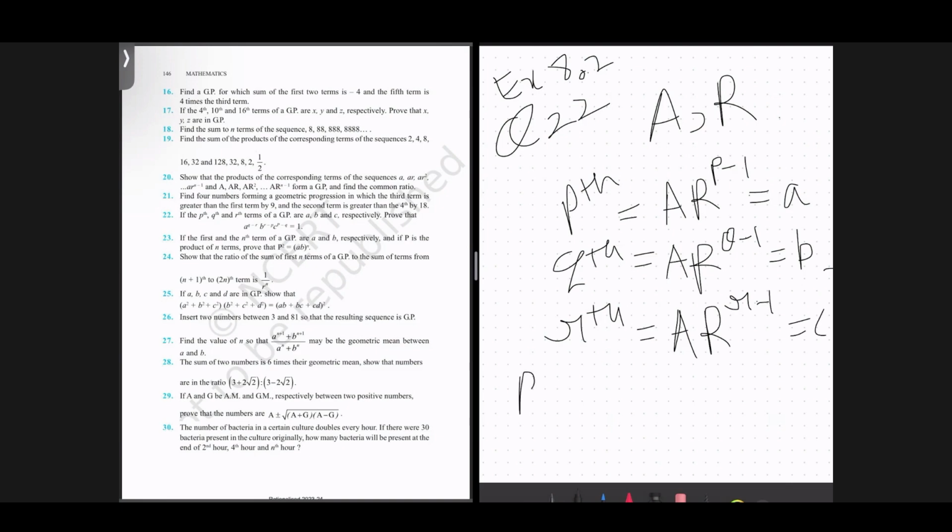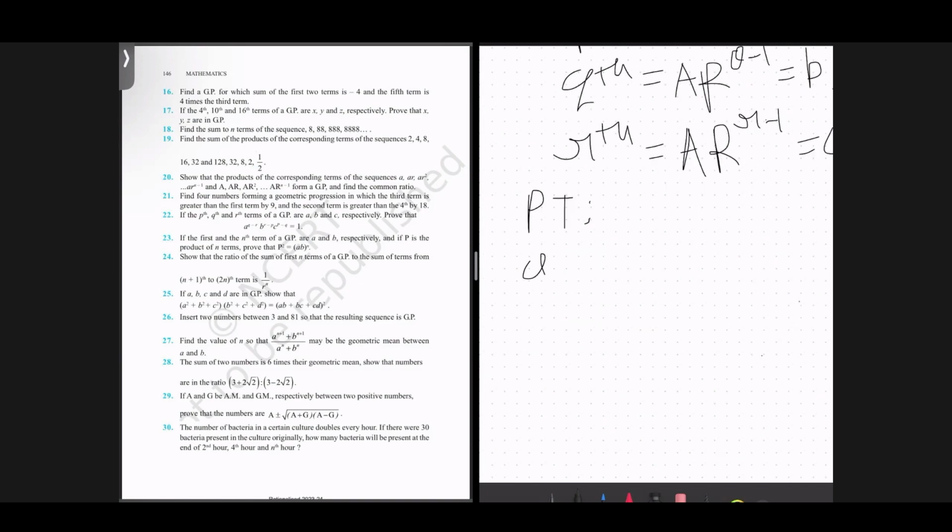And we need to prove that a raised to the power q minus r, b raised to the power r minus p,